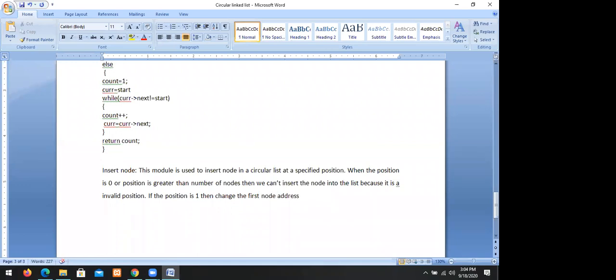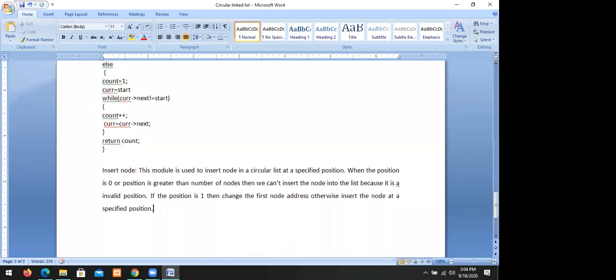Otherwise, insert the node at the specified position. So this is the module we are using to insert a node into the list. This is about the insert node module.